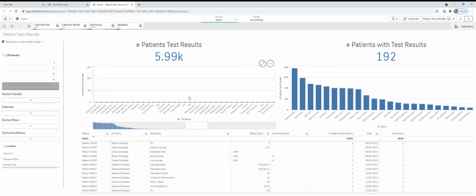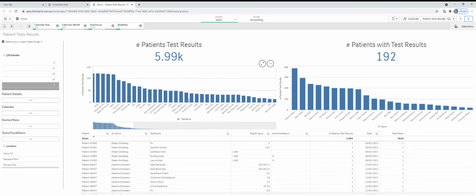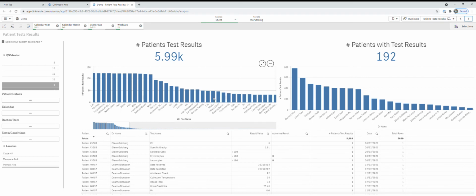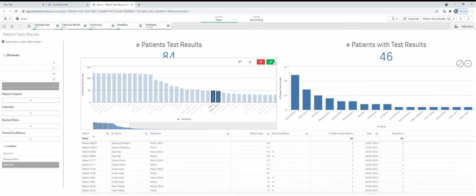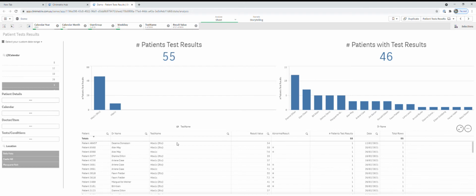The list of tests reported are those that have been requested and returned from your pathology provider, and as you can see here, it's a quite comprehensive and fairly significant list of requests. So HbA1c is here. In this instance, we would say let's find a value that is greater than 7.5. And now we have a list of all the patients in this patient group where their HbA1c result is